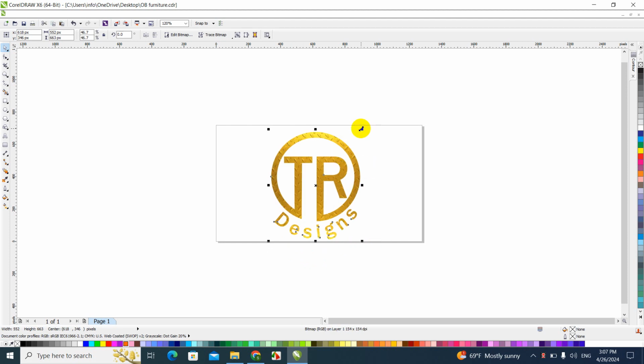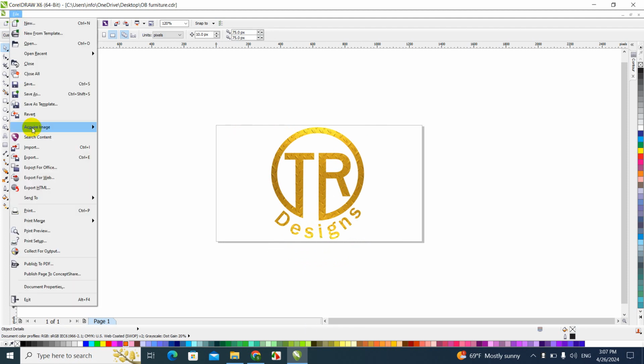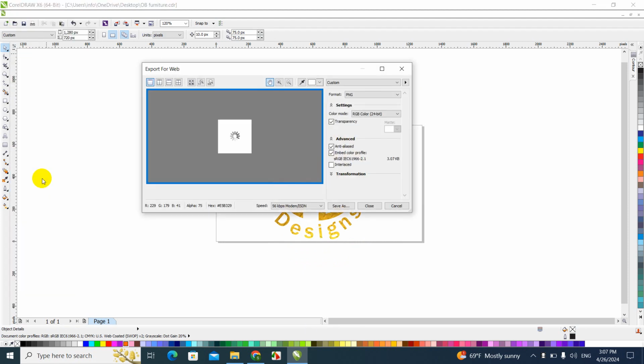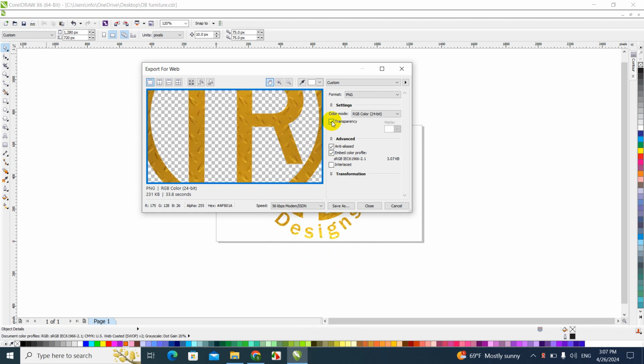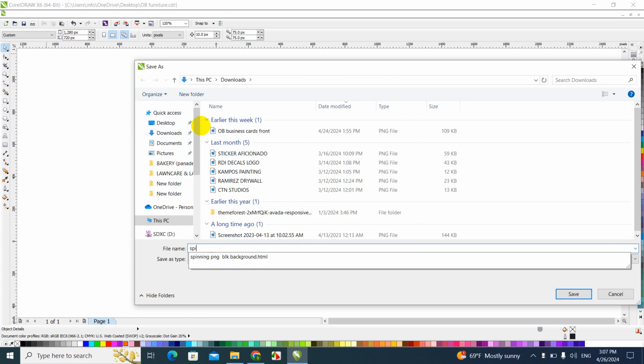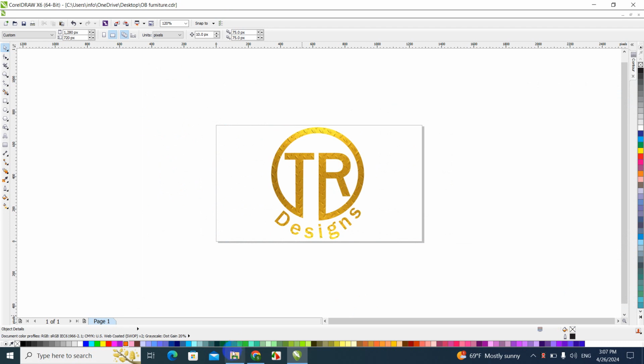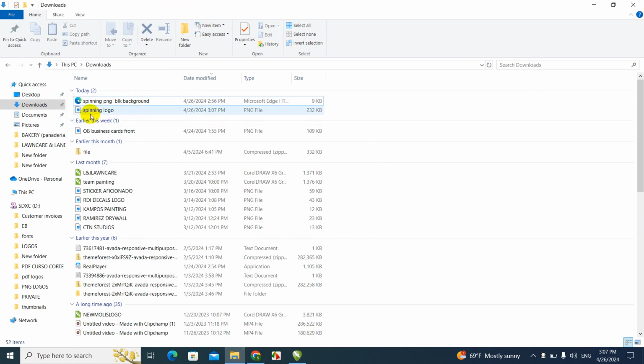Okay, do not exceed the frame, and then now we're gonna go to File, Export for Web, and make sure the transparency is clicked. Okay, and then you choose PNG. Then now we're gonna save it as spinning logo. Okay, save,